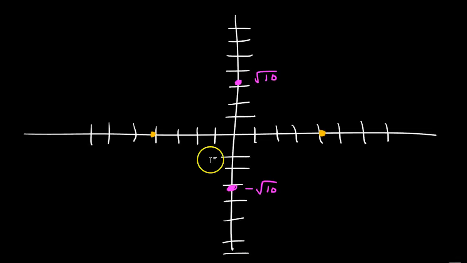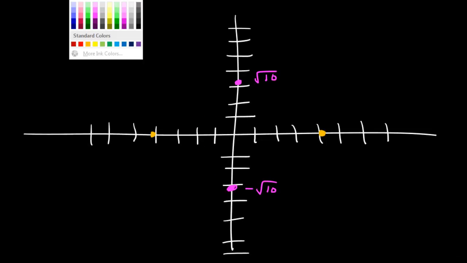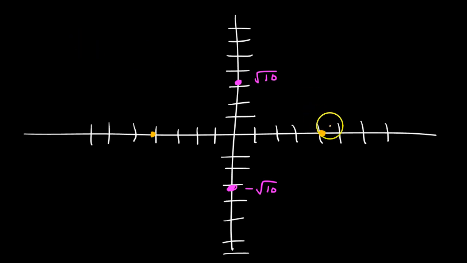So I'm going to put that in my diagram now. Okay, this is really 4 radical 10 over 3, and negative 4 radical 10 over 3. So great. Now I've got my